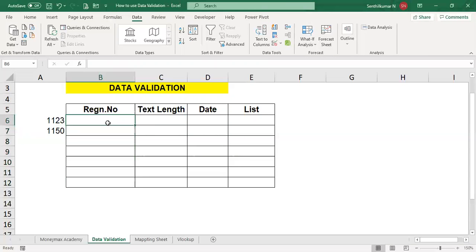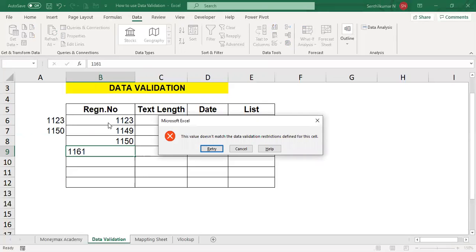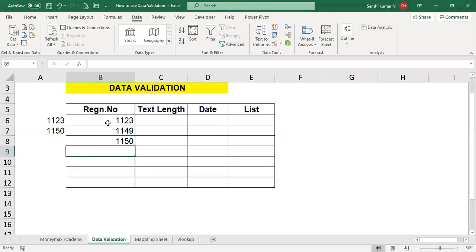Now if you type the registration number 1123, okay, 1149, okay, 1150, okay, not a problem. But if you type 1161, more than that, the error will come. So this is useful to avoid mistakes. To avoid mistakes, you can restrict the data using the Whole Number option like this.